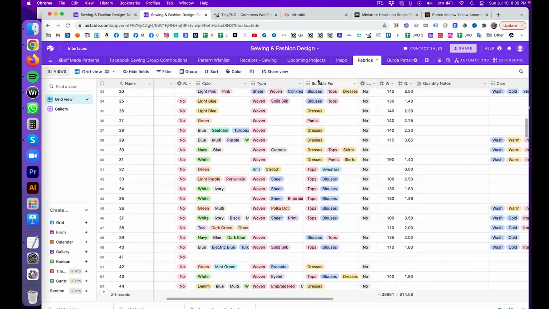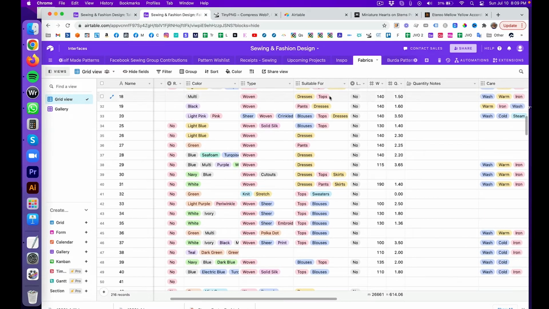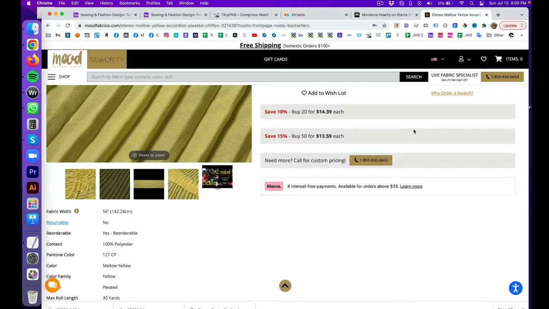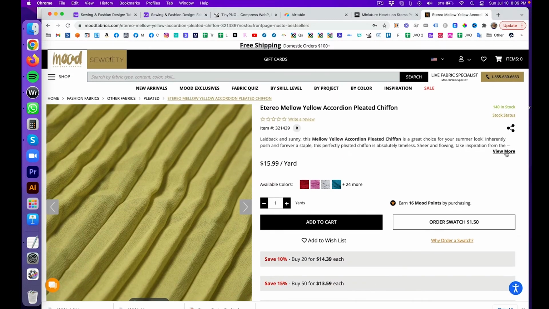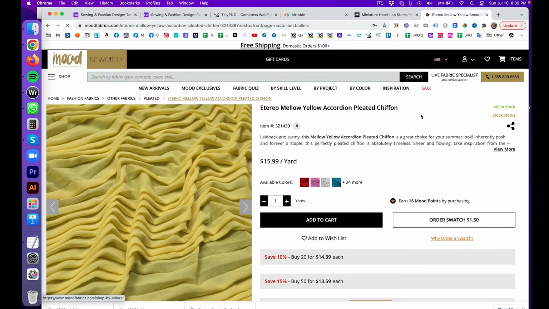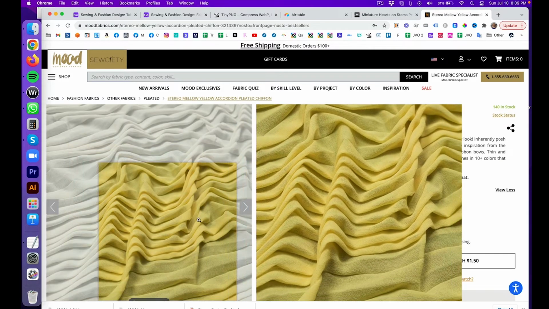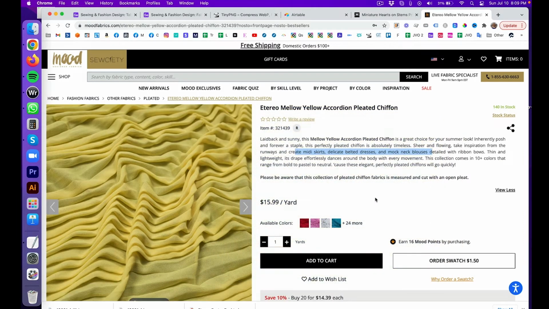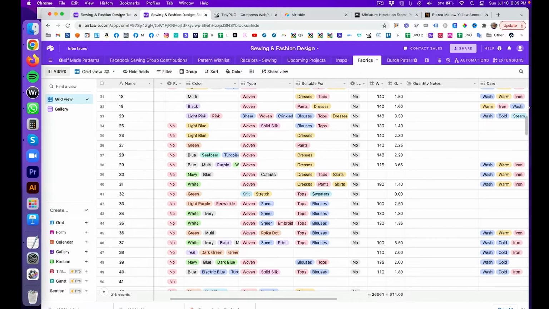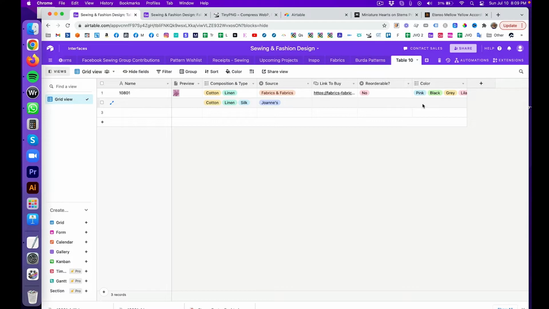Okay, the next column, the next field is what is it suitable for. So this is something that, for example, Mood will tell you, right? So it will say here, I think I have to refresh this page. Like here it says you can create midi skirts, belted dresses, mock neck blouses. It just gives you some ideas of what this fabric is suitable for. Now, if you know that you will never ever create a mock neck blouse, then don't put that there because it's not going to be useful. But you would put in here suitable for whatever you think that you could possibly make out of this fabric,